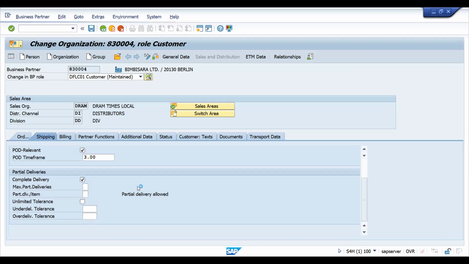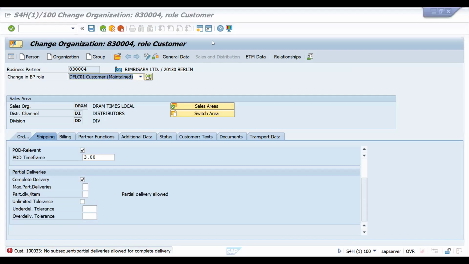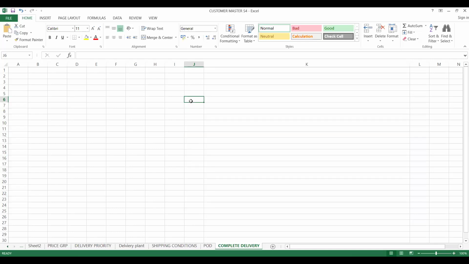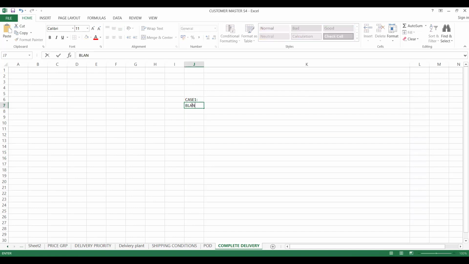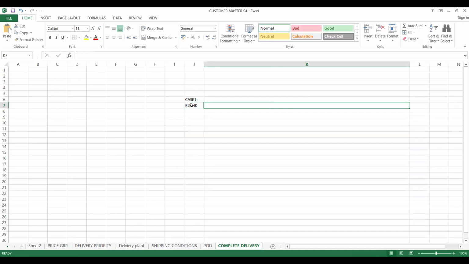Okay, let's try to save. When you hit save, it says no subsequent partial delivery is allowed for the complete delivery. So we'll divide all these scenarios into different cases. Case one is all about blank, when you try to activate